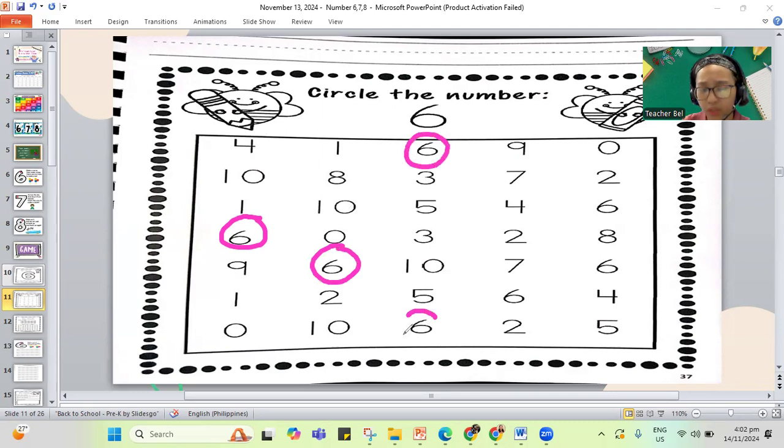And then another one, there's 2. You go here to the fourth column. There's 1, 6. And the last one, last column, this is also 6. So we found all our number 6. Now, if you're not yet done, again, pause the video, play it again once you are done. Let's erase this one.